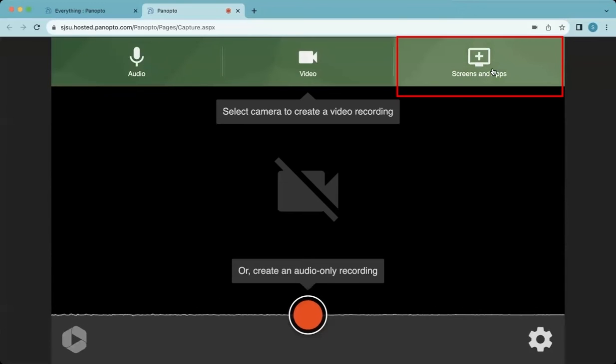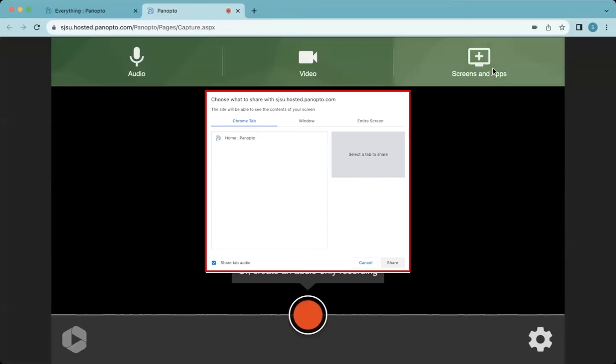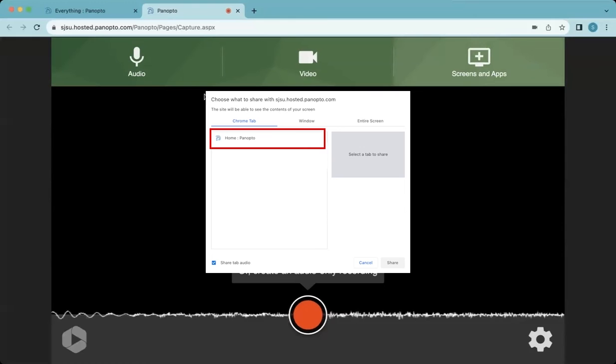The third one is Screen and Apps. When you click on Screen and Apps, it will also pop up a little window right in the middle of your screen. Now, here is where you can select the browser or the content that you wish to share with your class. For example, if I want to share this page with my audience,